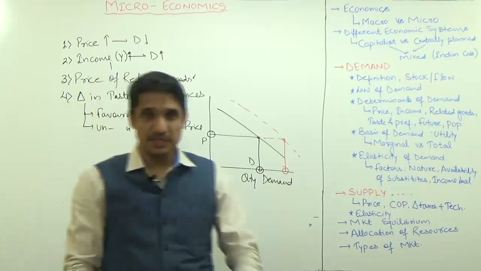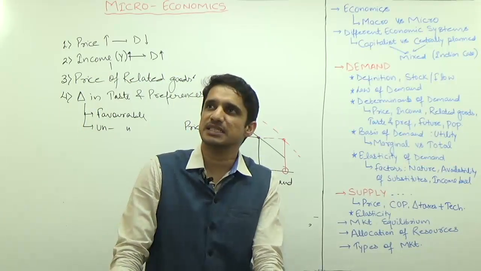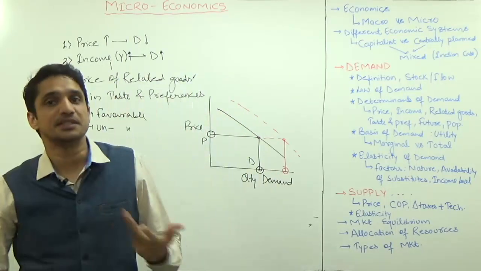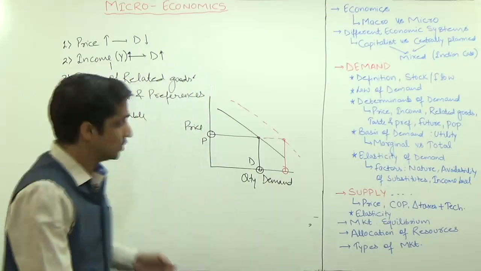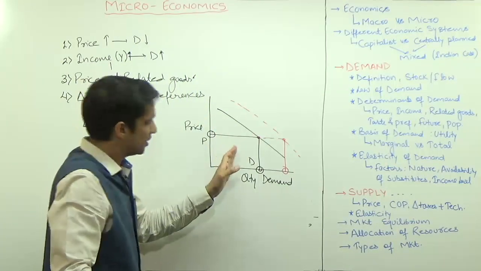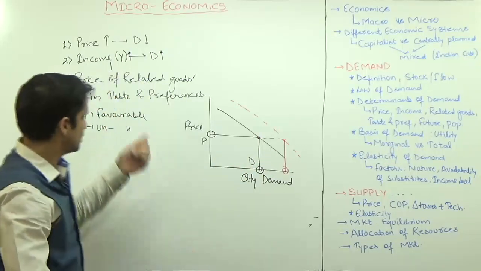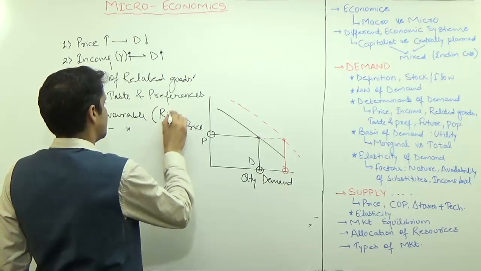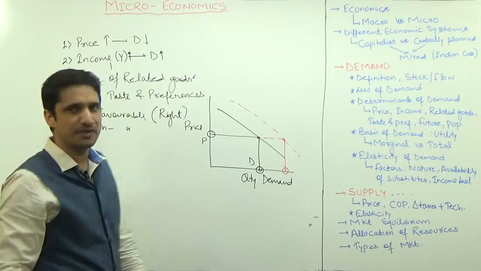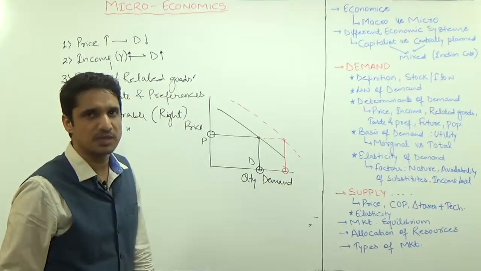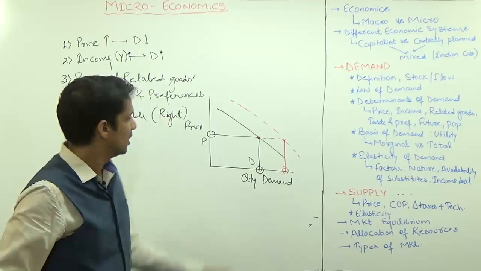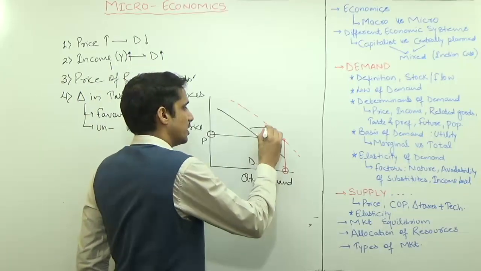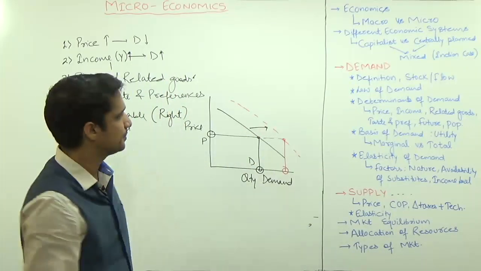Suppose the summer season extends, and when the summer season extends, the consumption of ice cream will increase, the consumption of AC will increase. So although the price is the same, the demand of these things will increase. So this is known as the favorable shift. Favorable shift means rightward shifting. Similarly, if there is an unfavorable shift, the summer season becomes less, the duration of the summer season decreases. So in that case, there will be a leftward shift of the demand curve. This is known as the rightward shift of the demand curve.